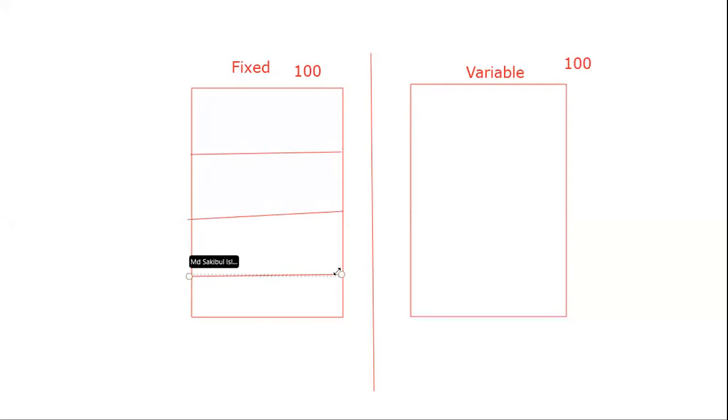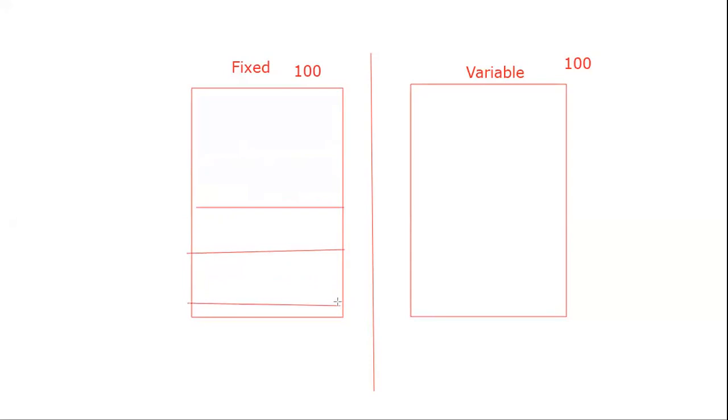Or you can say, sir, no, all the rooms will not be 25. The bedroom will be 50. The dining room will be 30. The kitchen will be 10. And another room will be 20. You can do that, right? But it doesn't matter how you do it. The idea is this, that you will fix a size, that this room will get this amount of size. If I think about a bedroom, it will get 50 feet or it will get 25 feet.